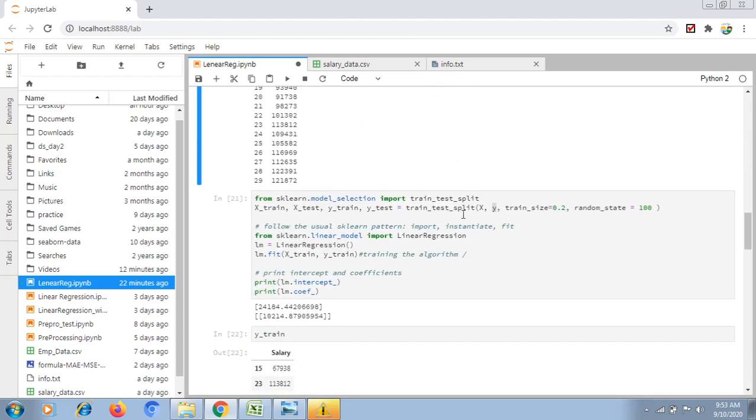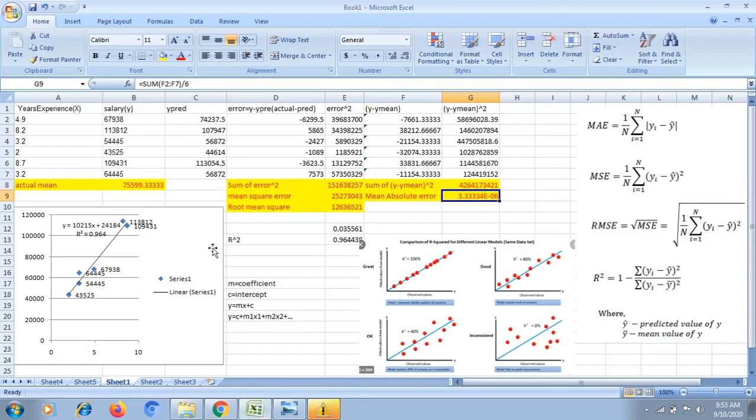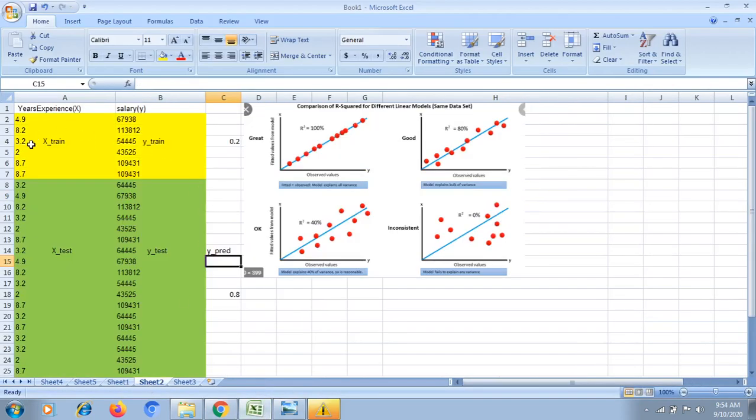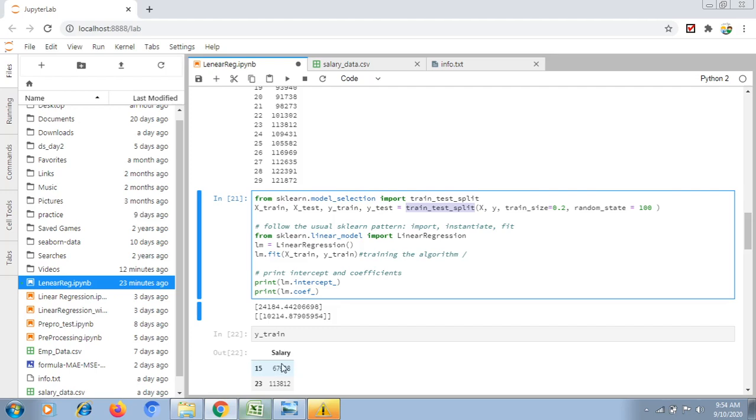Okay, here, first we need to split our data: how much I want to use for train, how much I want to use for test, for example, what percentage. Here I am using the train test split method. These are also part of sklearn. First I am splitting my data using train_test_split. X is my complete column of years of experience, and the Y column contains salary. I am passing the complete data here.